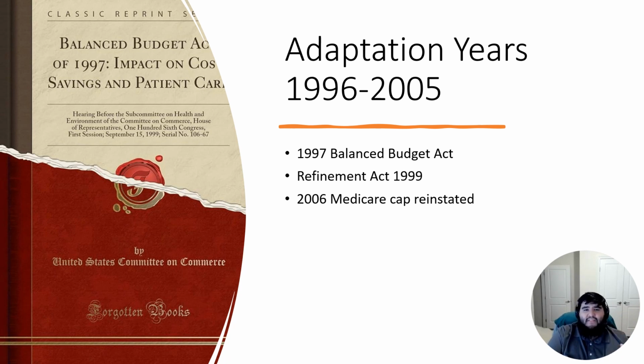This was until 2006, when the Medicare cap was reinstated by the Centers for Medicare and Medicaid Services, and the cap increased from $1,500 to $1,740. But they were still sharing it with speech therapy, so they were still limited in what they could do. It was a little bit more, but not much more to work with, so it didn't really change that much. The damage was already done from the first batch of the Balanced Budget Act that Clinton had put in place.